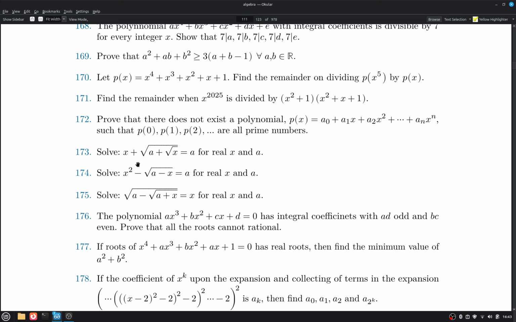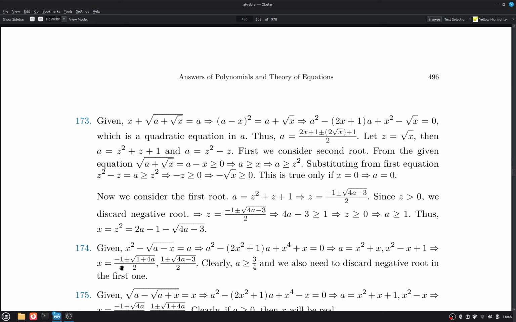So we have solved that. Now we solve question 174. Solve x square minus square root of a minus x is equal to a for real x and a. So what we do here, like the previous problem, is bring a to the left side. So x square minus a, and we bring the square root to the right hand side, and then we